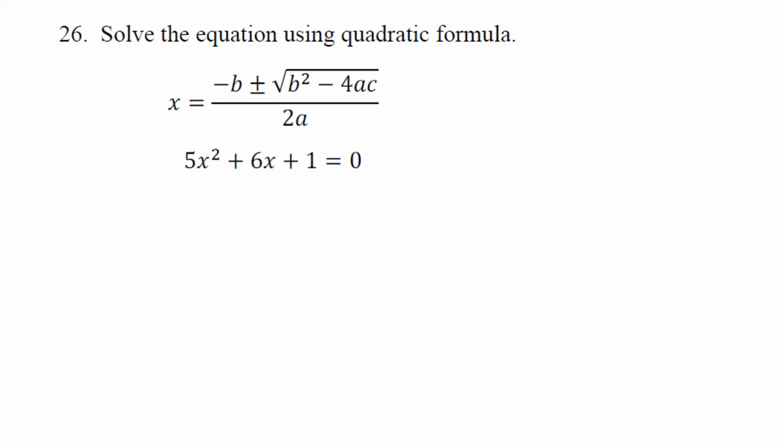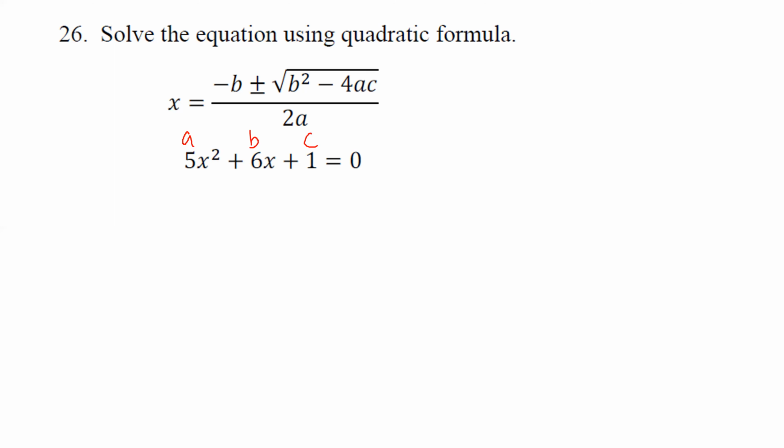I'll have to double check. I don't remember if they give it to you for the liberal arts final or not. But this equation is negative b plus or minus the square root of b squared minus 4ac, all over 2a. So you're plugging into the equation to solve. 5 is my a value, 6 is my b value, 1 is my c value. You just have to make sure that your equation is already set equal to 0 before you plug into this equation. If it's not set equal to 0, move your values over so that it is,